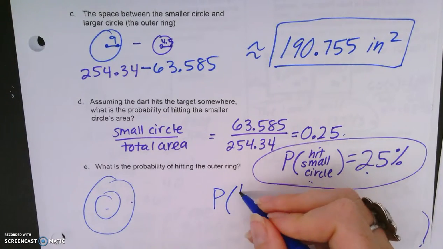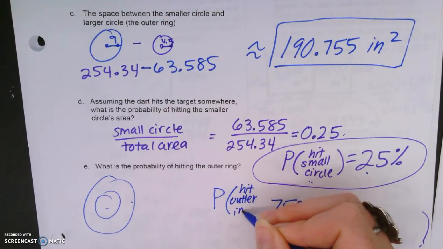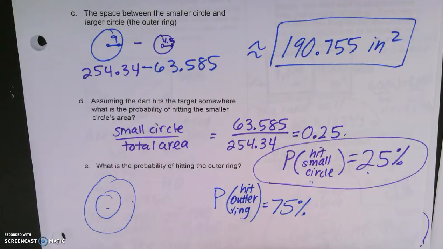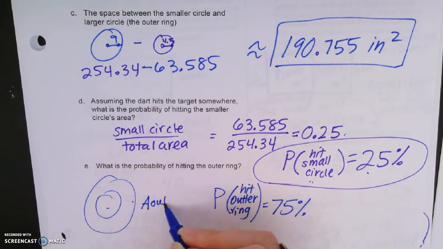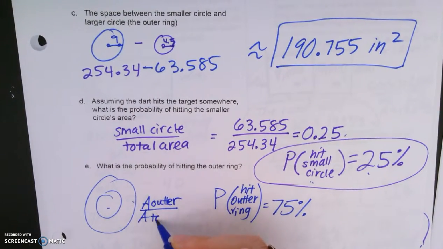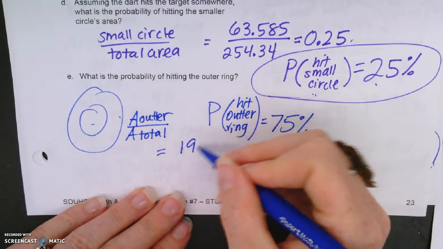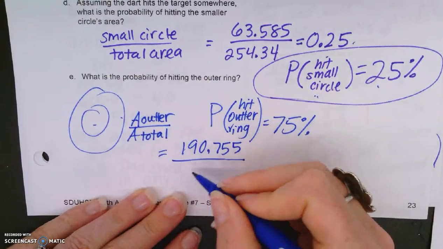Probability of hit outer ring is equal to 75%. Or we could look at the area of the outer circle over the area of the total. And again, that's going to get us 190.755 that we calculated in part C, divided by 2